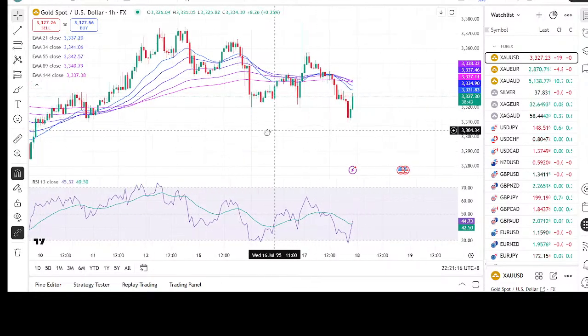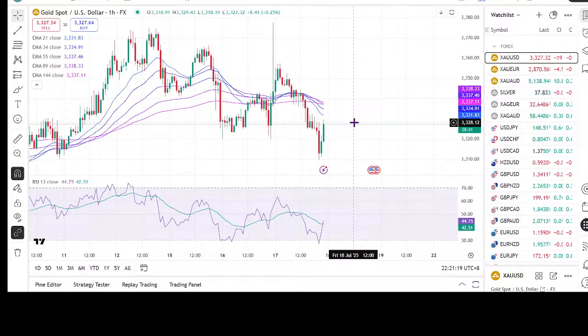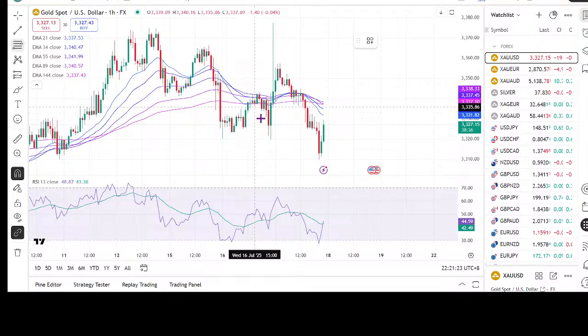Now, since this is trading above the previous high, we can expect